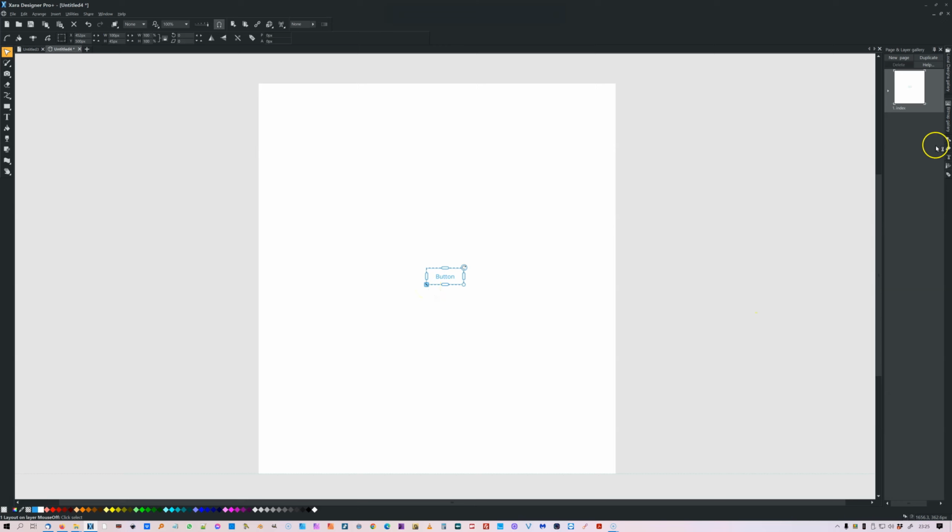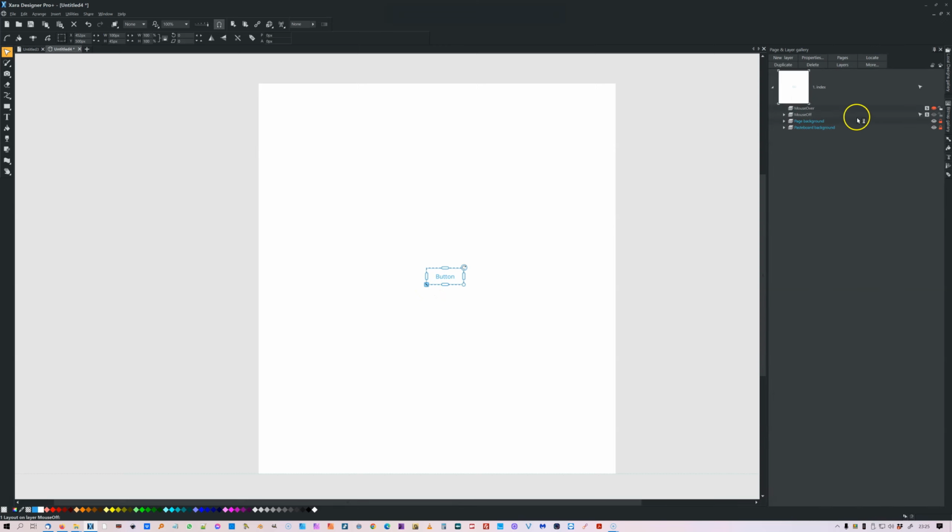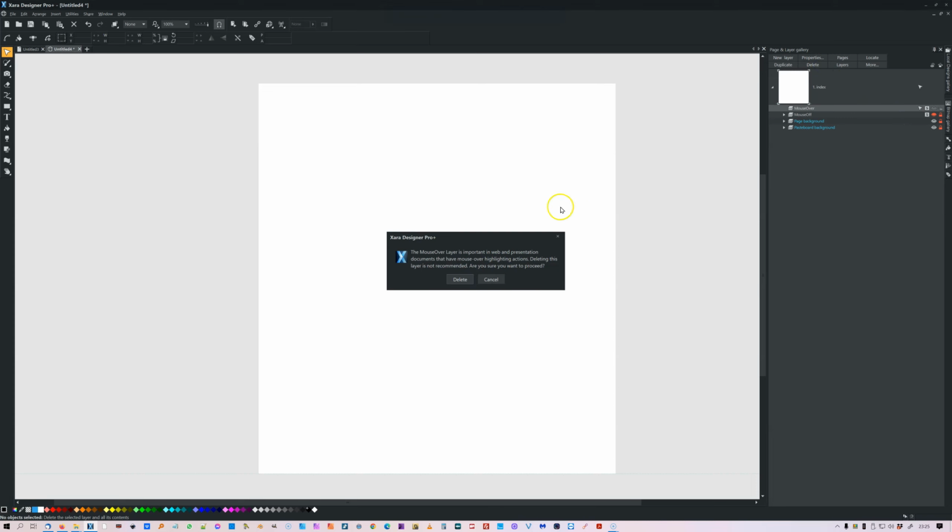But basically, even though the page mouse over and mouse off remain the same, if you just click up here and switch off the mouse over and mouse off, and select that and go Control All, there's no mouse over state at all. So you can actually delete that layer now, and it gives you a warning, but